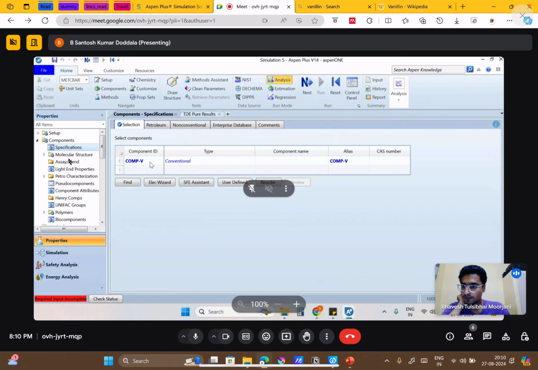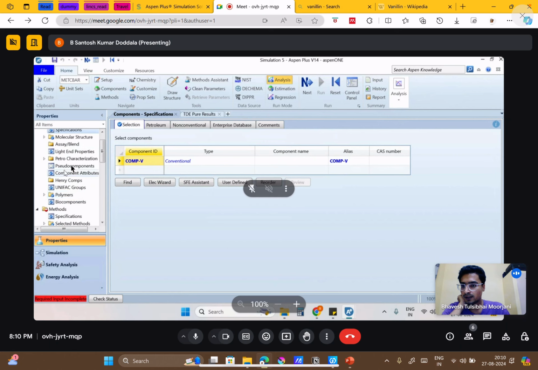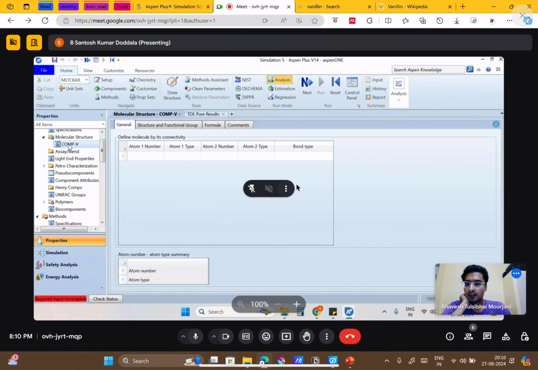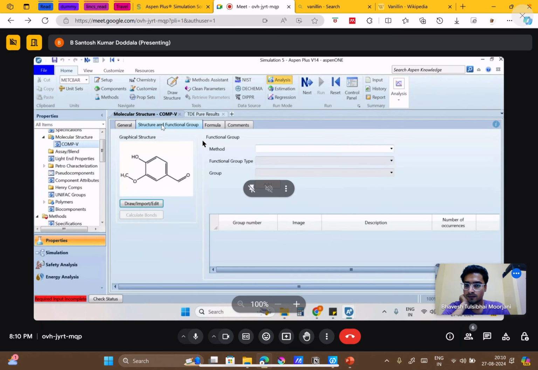Okay, what you can do on the left hand side, you see the molecule structure part on the left panel. Just above it. Go. Can you click that small triangle, and we have compound V. Okay, so here go to structure and functional group. There is compound V data also available.